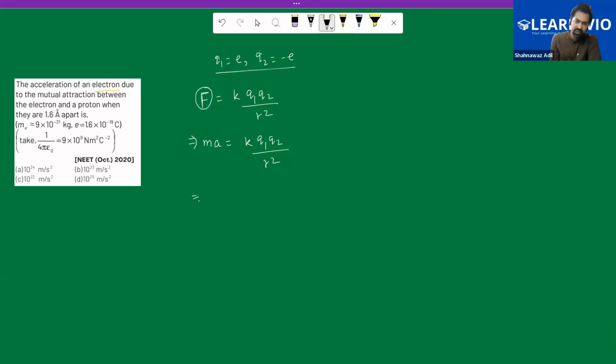So acceleration is simply k e and e divided by r square and divided by the mass of the electron. All these values are given. K is how much? 9 into